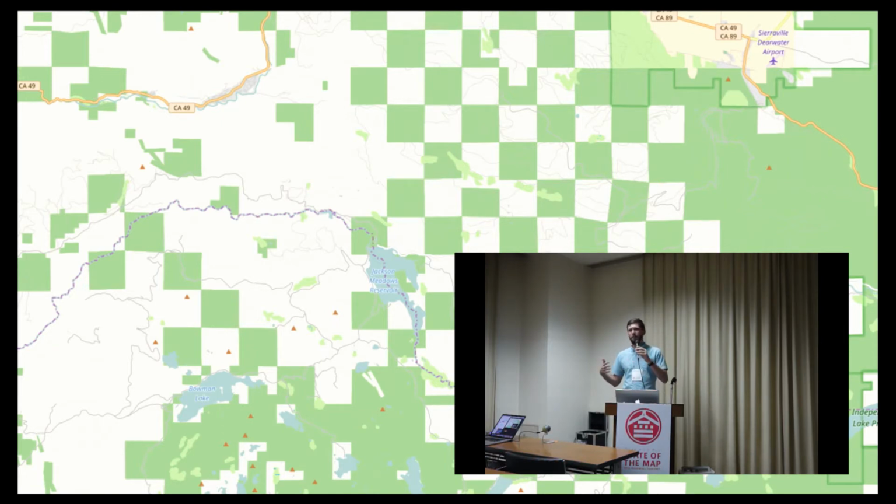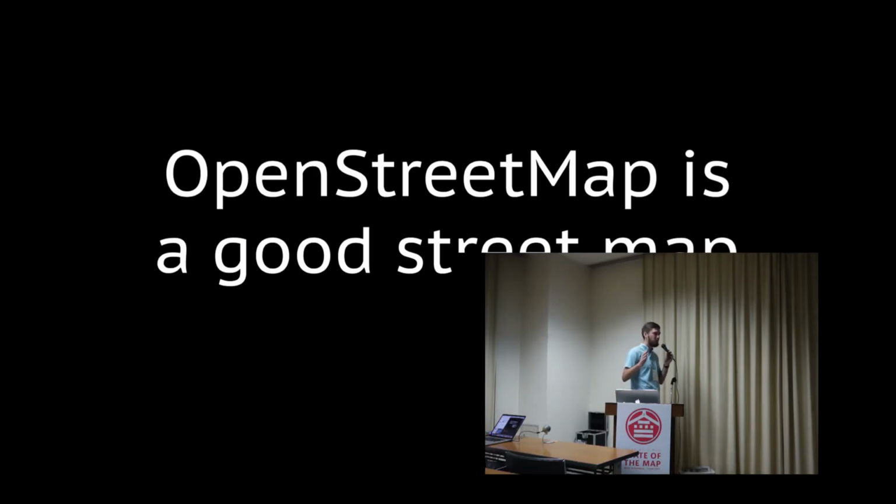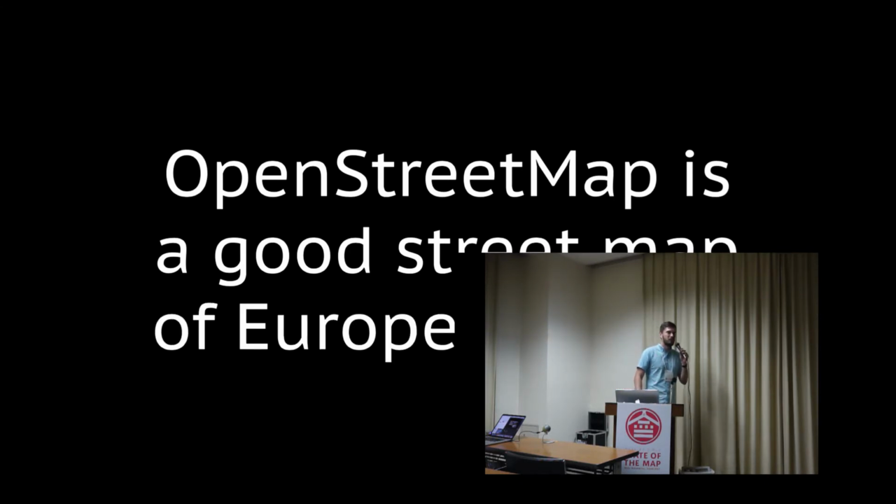So the map is getting better not only through volunteer mapping, but also through imports. And it's obviously a good street map now, because a lot of roads were imported, like Tiger dataset in US, which is getting more polished with time, I assume. Good street map with an asterisk. It's still mostly Europe and USA, and you've got a lot of white spots in Africa and Asia and Latin America and stuff. It lacks not only some roads, very few roads actually, but also a lot of points